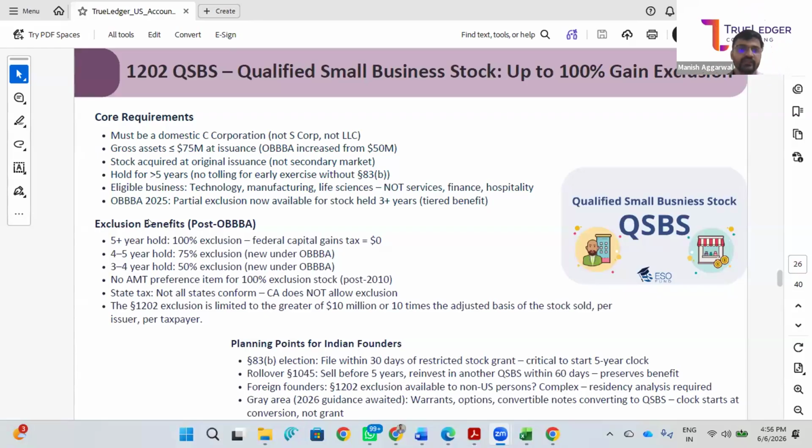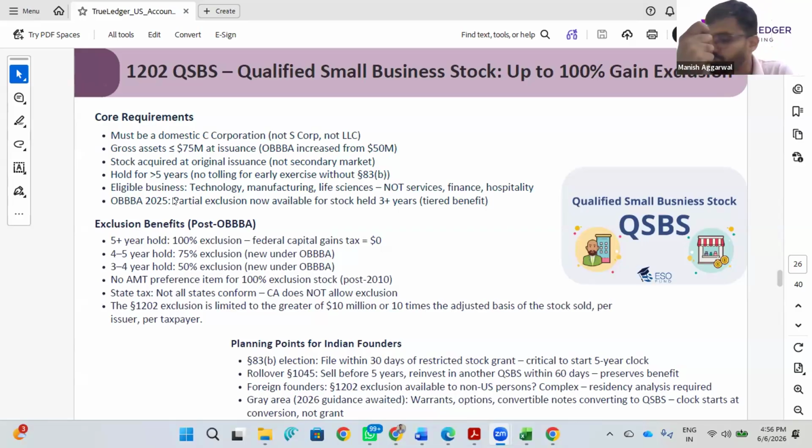So what are those conditions, first of all, to qualify for this zero tax? One is that this benefit is available only for a corporation. That is what I mentioned in the initial slide, that if we are targeting a zero capital gain tax at the time of exit, a corporation is a suitable mechanism. And the company should be a small company. As the name suggests, it's for a small business stock. So the small business means